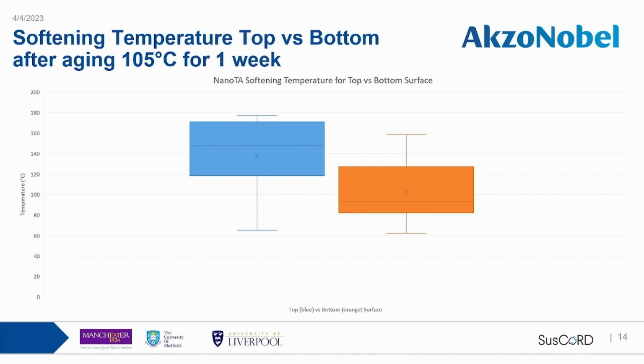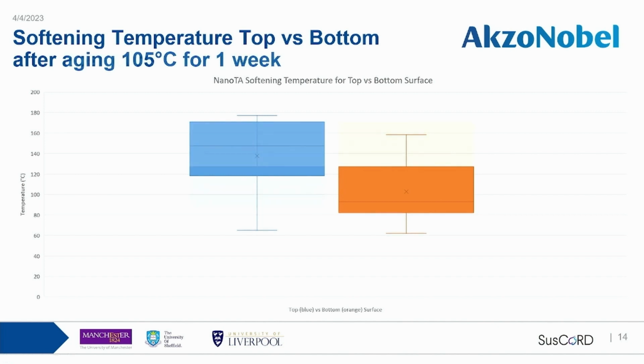So I removed that from my data and tried to work out a different softening temperature that didn't have the solvents included, or the known solvents from the headspace analysis. So I have the top surface here for the 105 aged and the bottom surface here in orange, and you can see that there's a difference here: the top surface has a higher softening temperature than the bottom surface for the 105